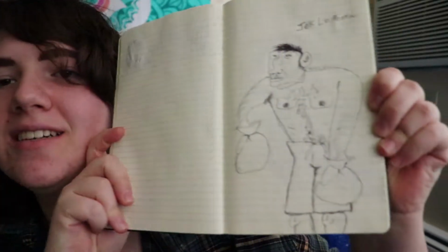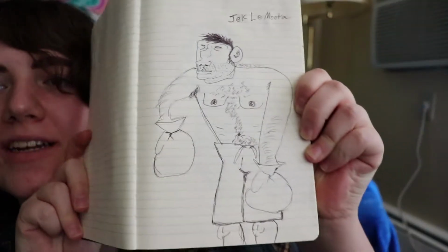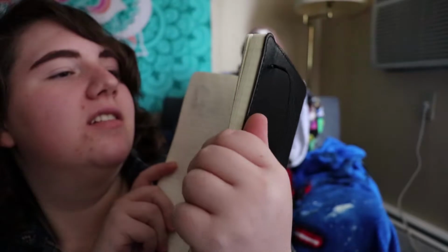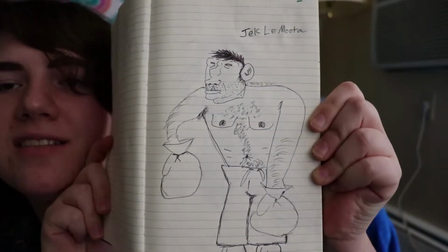My second sketch, we were watching Raging Bull that day, so I drew Jake LaMotta, but I like made him like a goob. This is Jake LaMotta. So if you haven't seen Raging Bull, go and watch it, because it's a really beautiful movie cinematically. If you don't like violence, maybe don't watch it, because